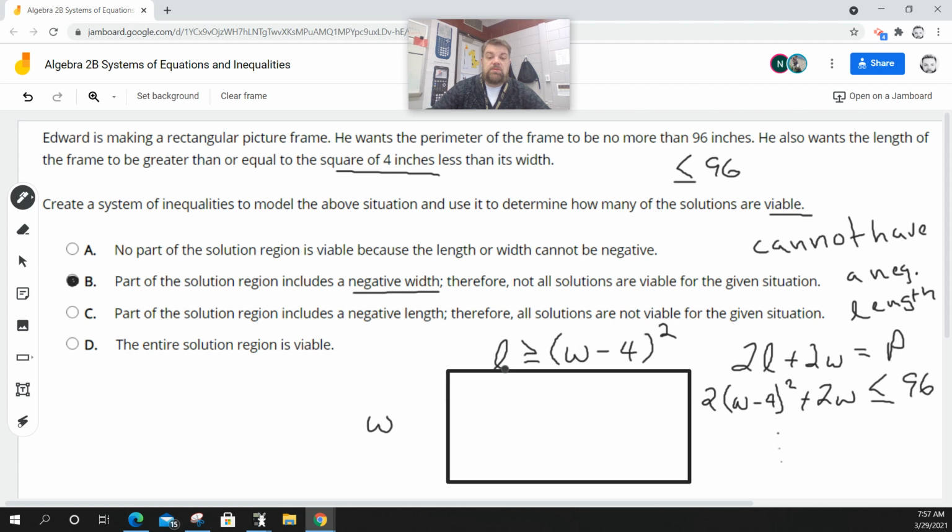So what we would do is graph this equation. Then we crank through the math and do this equation and graph this. And what works is where the two overlap. But I know by looking at the length equation, some of these are going to be negative, right? So let me show you what I mean by that. So if I graph